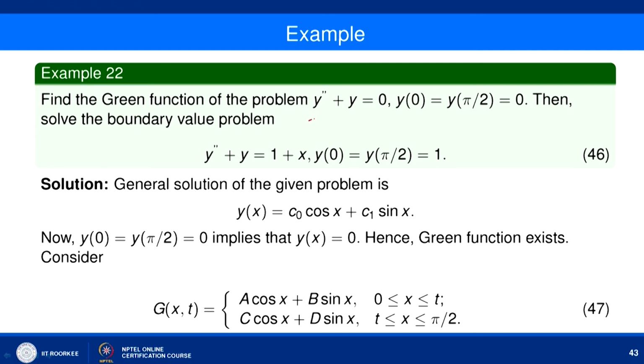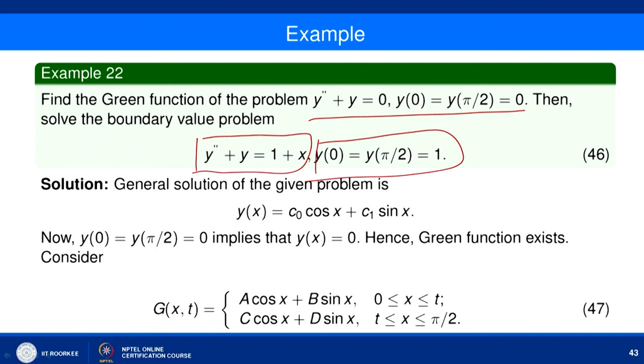So we start with the homogeneous problem, and with the help of the Green's function we try to solve the non-homogeneous equation along with the non-homogeneous boundary condition here. So first, let us find out the Green's function. To find the Green's function we have to look at the homogeneous equation along with the homogeneous boundary condition,